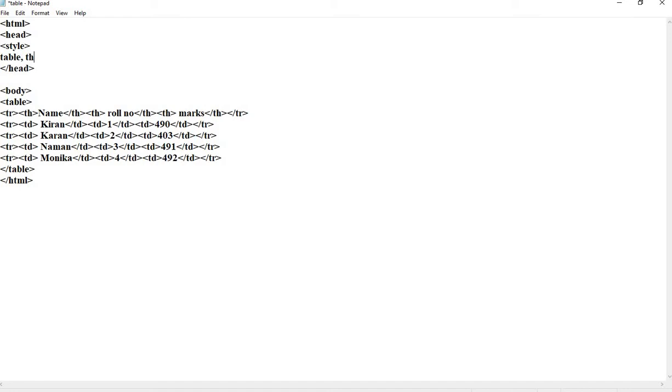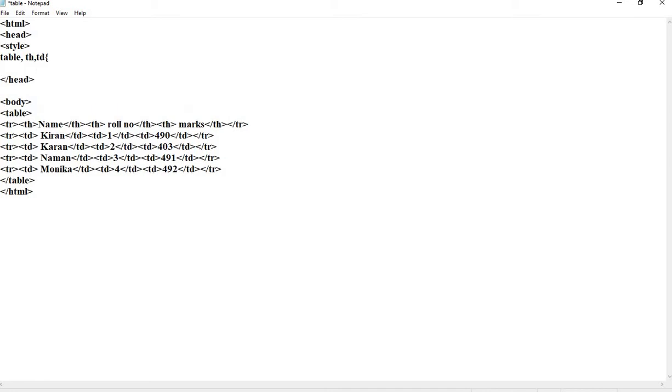The other selectors used were th, td. As we have seen in our web page, there were no borders. To add borders, we can add this code, border 2 pixels. We can add a color to the border. Suppose I am adding solid green color.